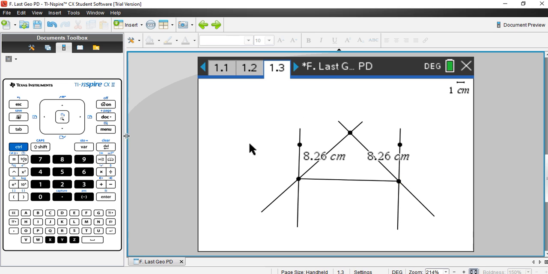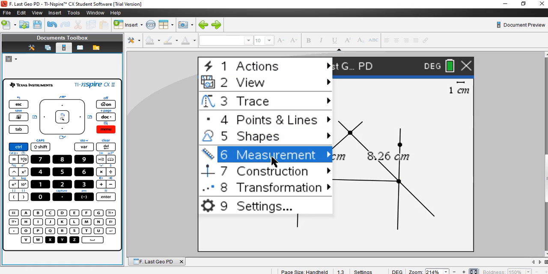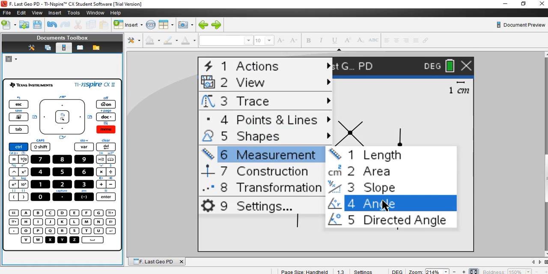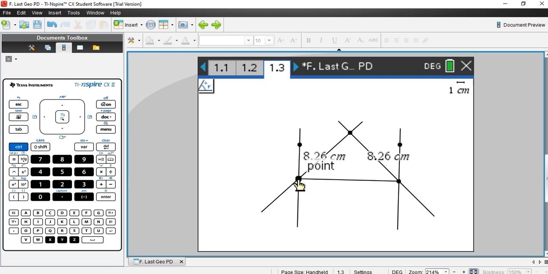You can also measure the angles the same way. Go to menu, measurement, let's verify that our angles are indeed 45, 45, and 90. So I'm going to measure that top angle. Yep, that's 90 degrees. I'm going to measure my left angle. Definitely 45. Measure my right angle, which will also be 45. So there we go. I can move that inside if I want to,